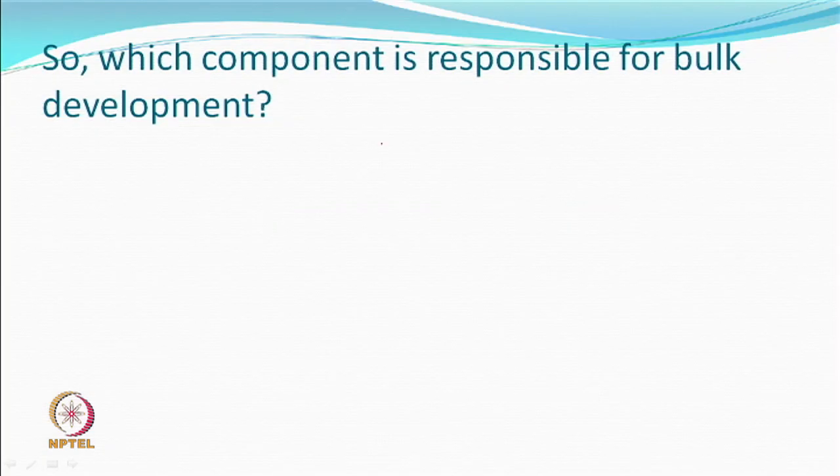And so, we revise which component is responsible for bulk development? It is the non-shrinkable component. So, shall we say let us have only the non-shrinkable component? That is not going to work. So, you have got to have both. Figuratively speaking, it is the non-shrinkable component which is developing bulk, but for doing so you still need a shrinkable component, and the shrinkage difference must be high enough, otherwise you will not see good results.